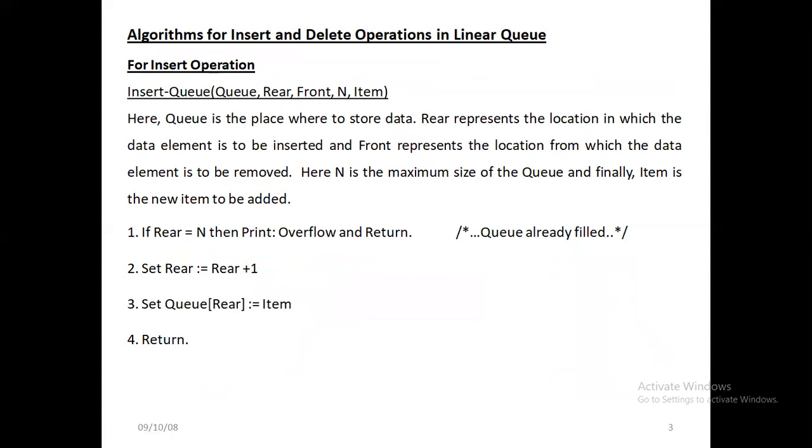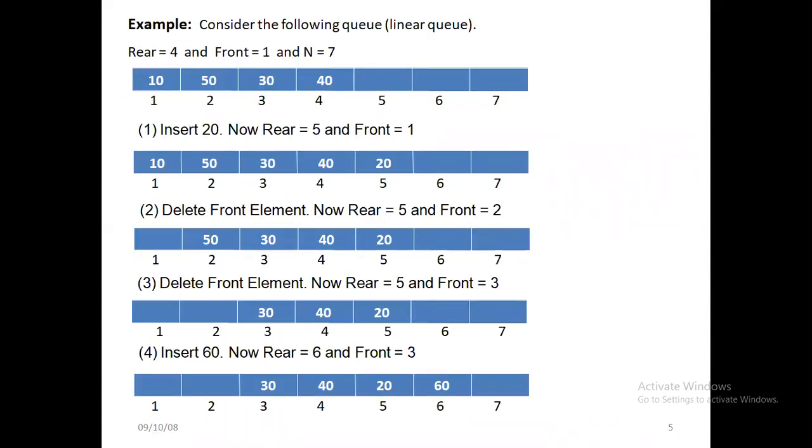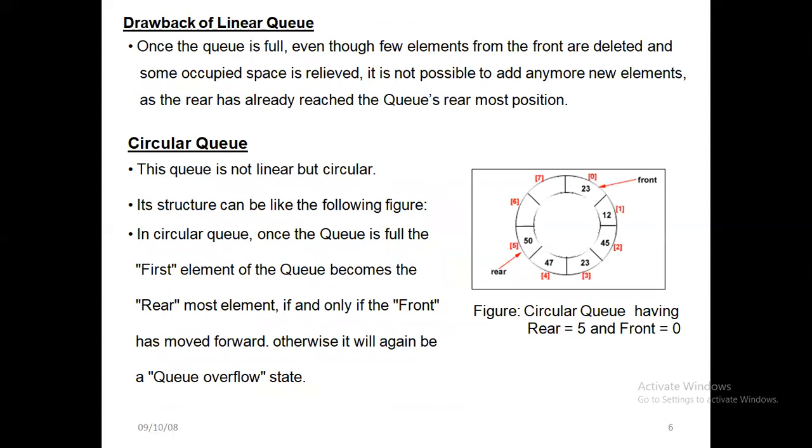So we have discussed previously the operations of the linear queue algorithm, and we have discussed the program also. You can see here, if I want to insert, it will be inserted somewhere here. If I want to delete, the first element, 10, which is at the front of the queue, will be deleted first. Again, if I want to add 60, it will be added at the last. Now we will discuss the drawbacks of the linear queue, so that we can see the advantage of the circular queue and how it is implemented.